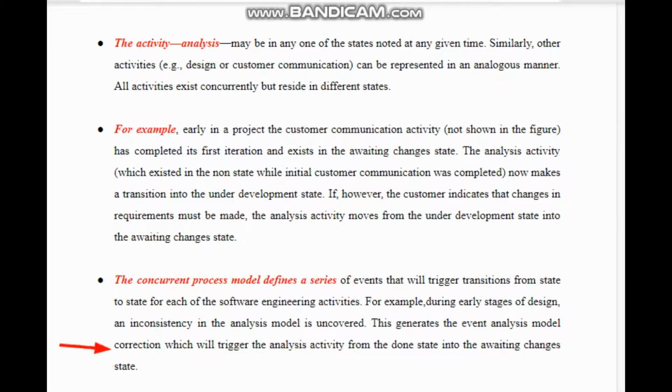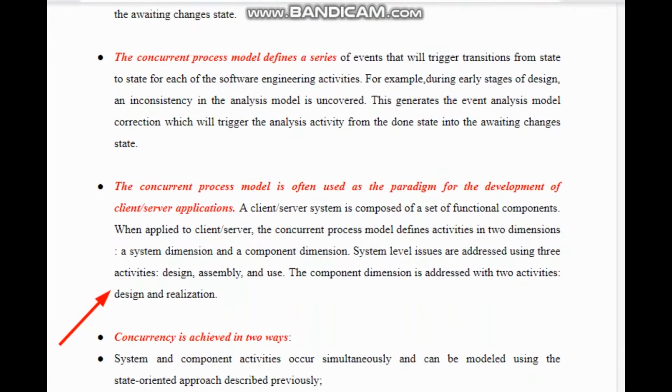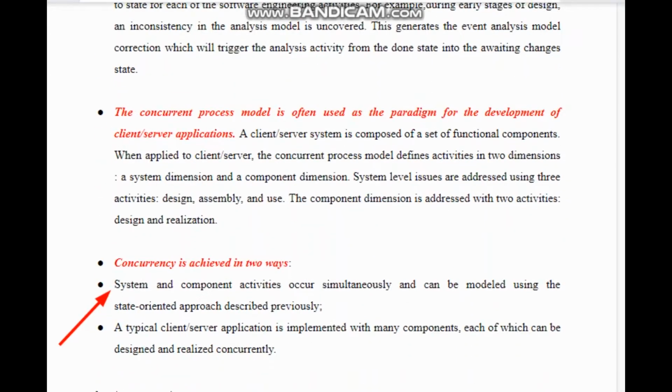So what it indicates is that we are at the designing phase and we notice that certain information is uncovered during the analysis phase. This makes us move back from done state to awaiting changes, then go for revision and then for review state. So during explanation you can highlight these two examples when you want to cover this model.